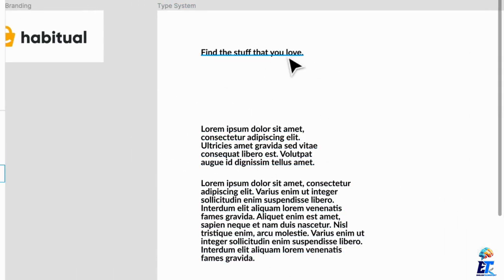Now, I need to think about the different types of content I'm going to have in our mobile application. We're going to have headings. We're probably going to have subheadings. We're probably going to have body copy, smaller body copy. We're going to have labels for inputs. We're going to have links, probably. We're going to have hint text. And I start essentially thinking about all these different typographic elements, and I'm going to just start kind of mocking